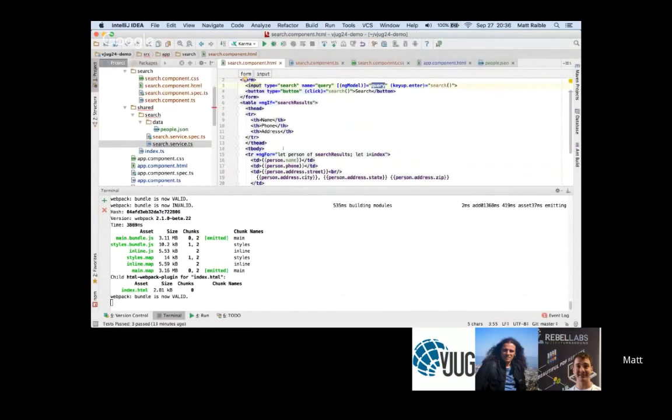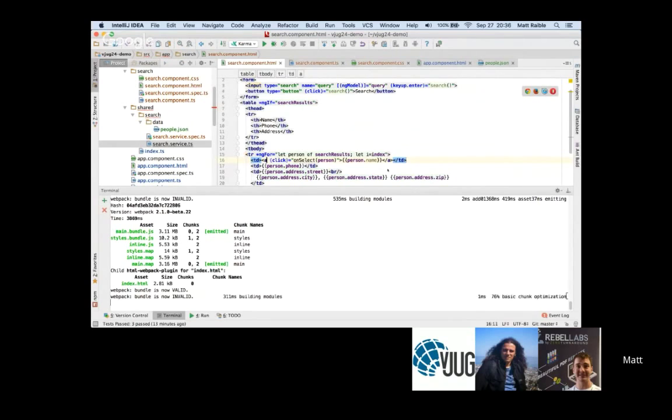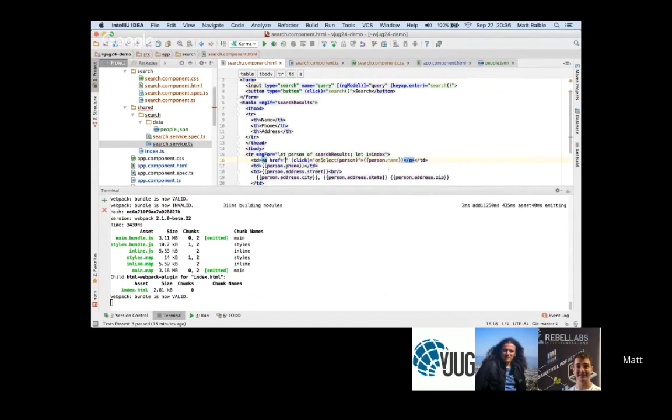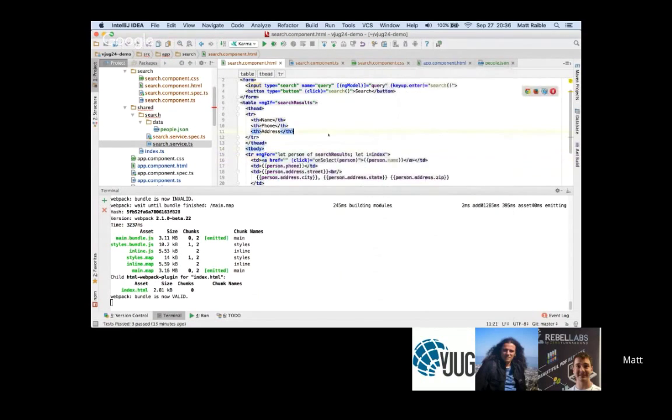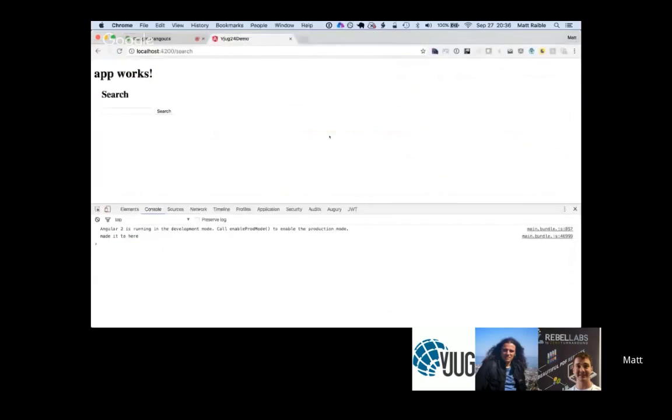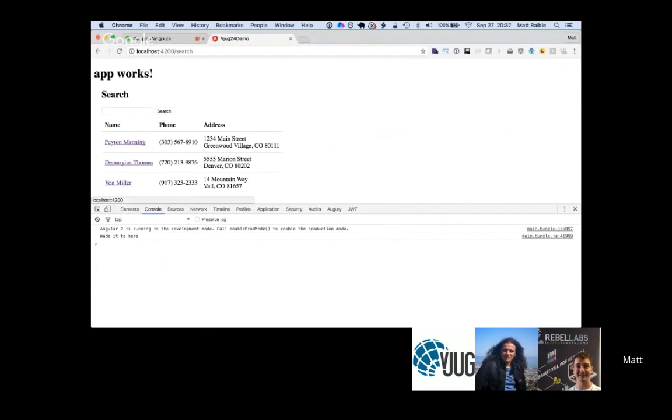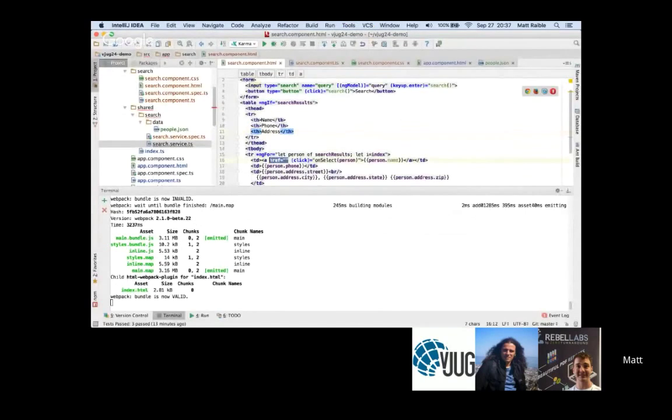So we can make this into a link. You can see, this is a weird thing. Let's see if it's fixed. This didn't work with RC5 if I had an href that was empty. And with Angular 1, you had to have an href that was empty in order to get a link to show up. Same thing here. If I don't have an href,